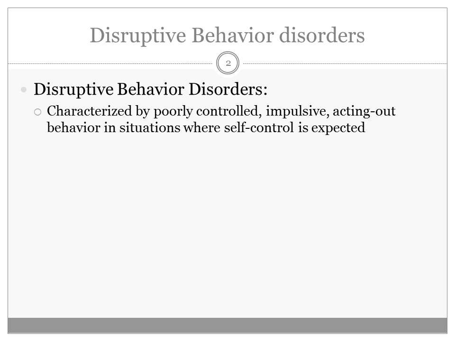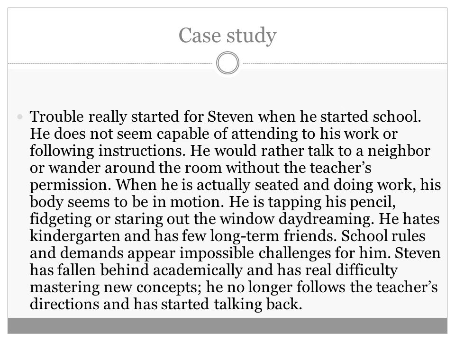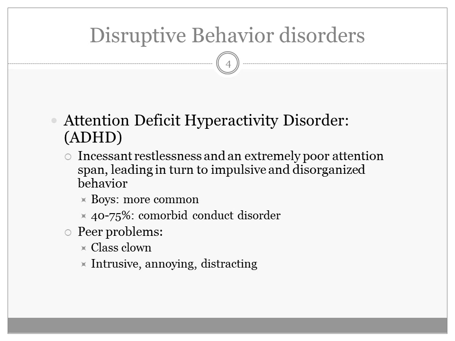Okay, so focusing today on disruptive behavior disorders in childhood and adolescence. These are characterized by poorly controlled, impulsive, acting out behavior in situations where self-control is expected. So pause here, read this case study, and then we'll talk about how it applies to an understanding of attention deficit hyperactivity disorder. Okay, so attention deficit hyperactivity disorder, or ADHD, is characterized by this incessant restlessness, extremely poor attention